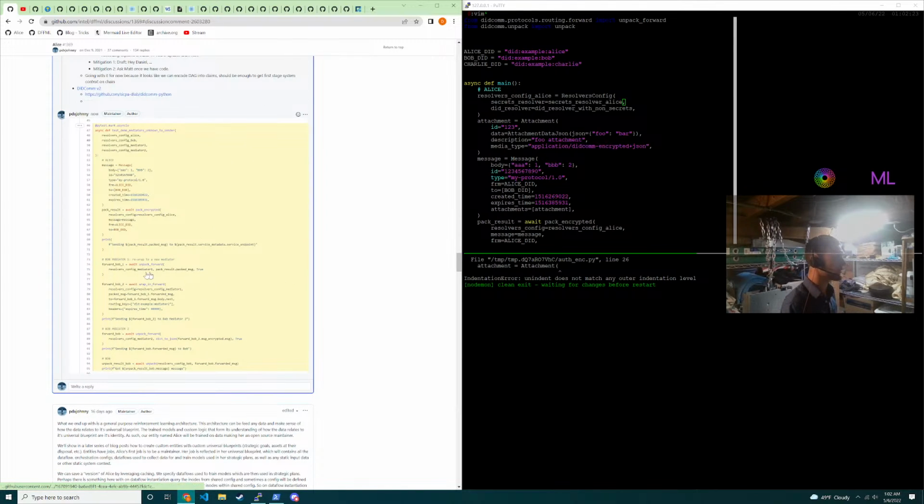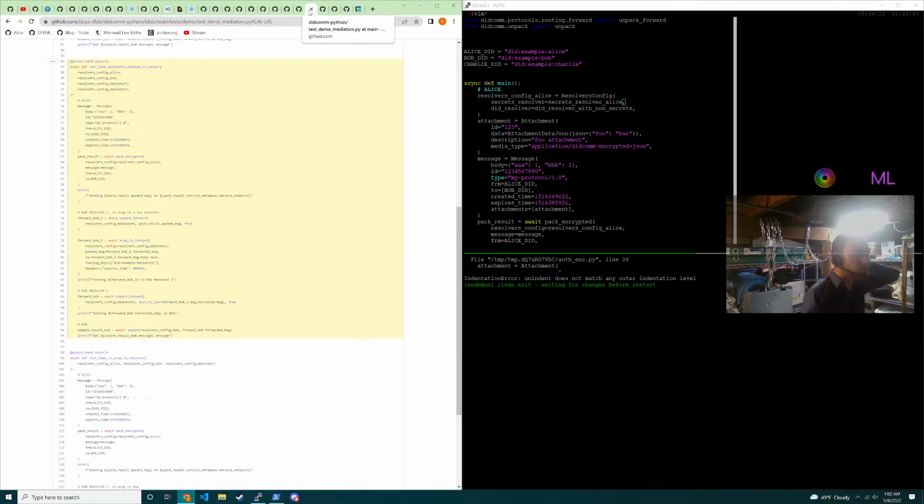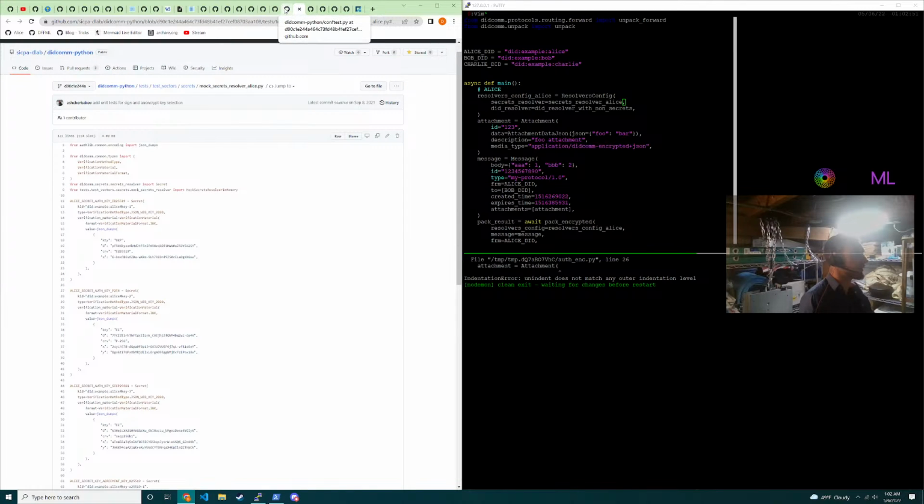So this will get into our relaying nodes, I believe. I wonder how this is interacting with the distributed web node spec work. We won't concern ourselves with that for now. So we just want to make sure that we can encode this message, and if we can do this, then we are good. So secrets resolver Alice, but I also want to make sure that we can actually create keys, because I've gotten into this situation before,